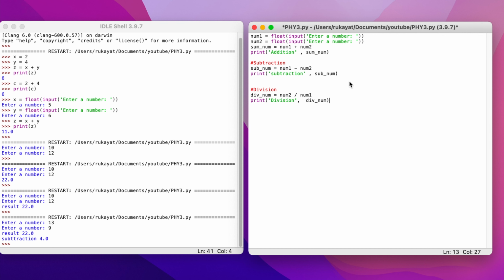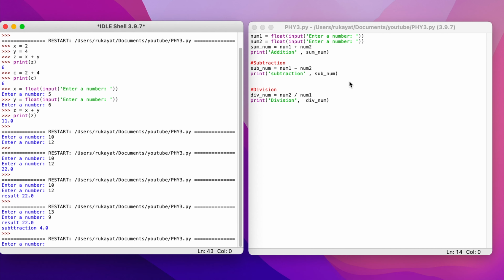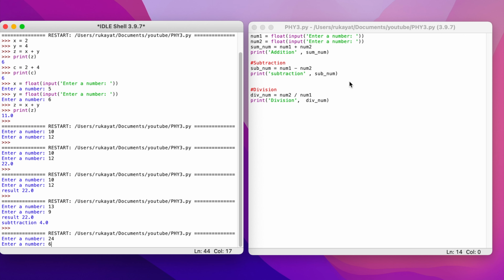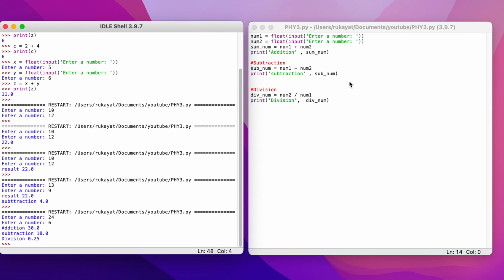Okay, I'll save it and I'll run it. First number is 24, the second number is 6. So if I add those two numbers, I have 30. If I subtract 6 from 24, I have 18. And if I divide 6 by 24, I have